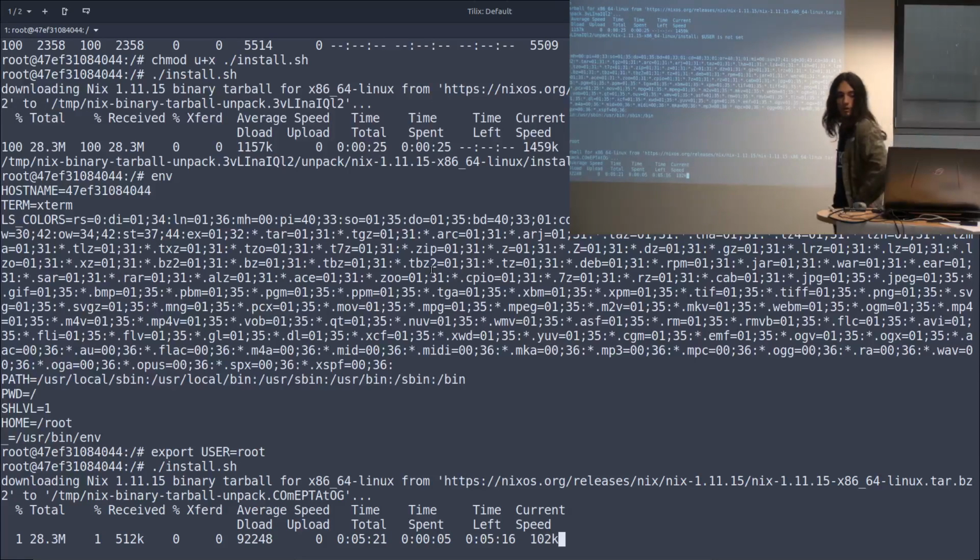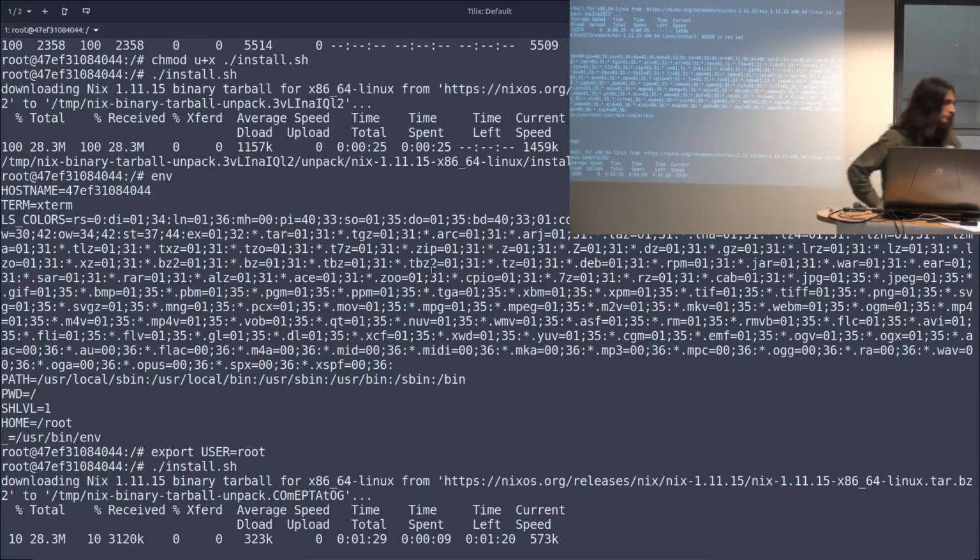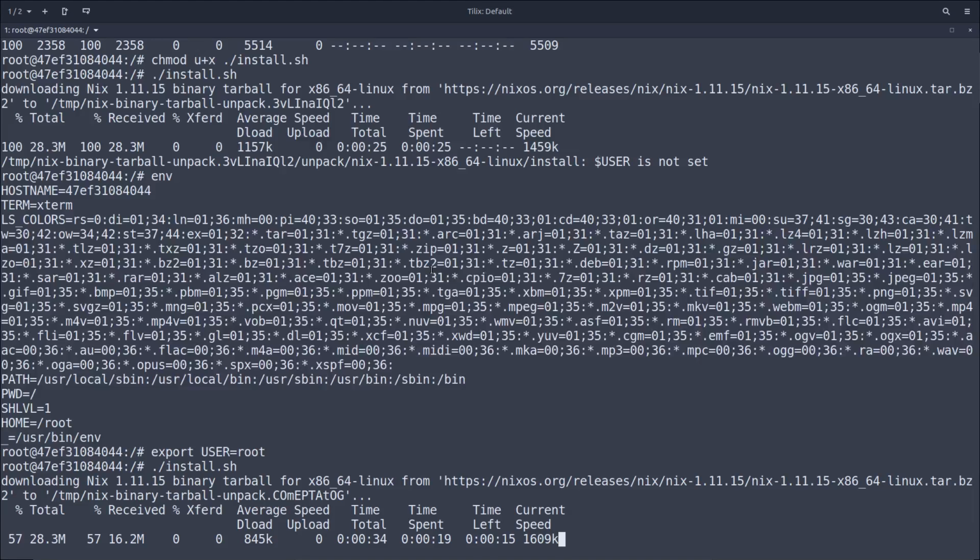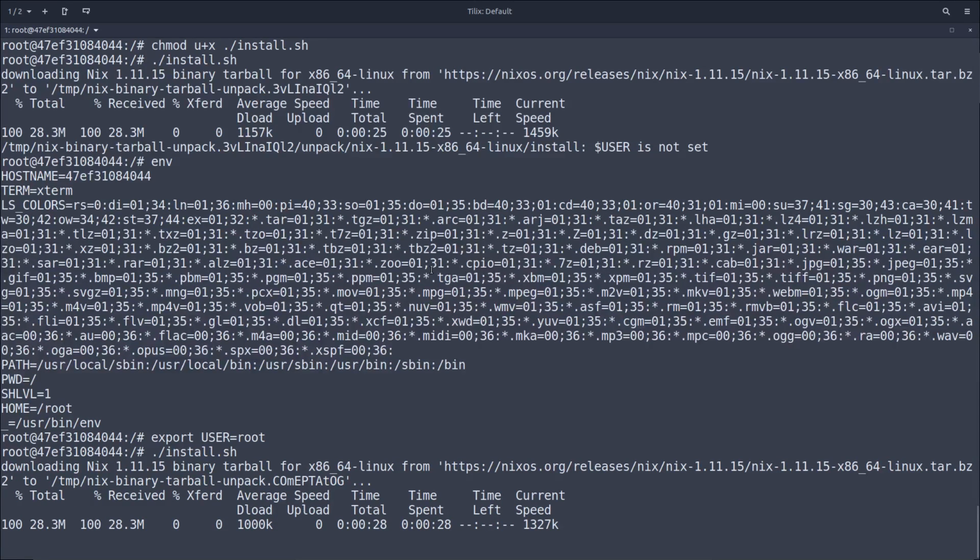This is... oh, there is no slot. Okay. Okay, so